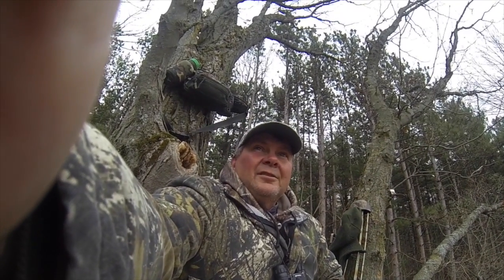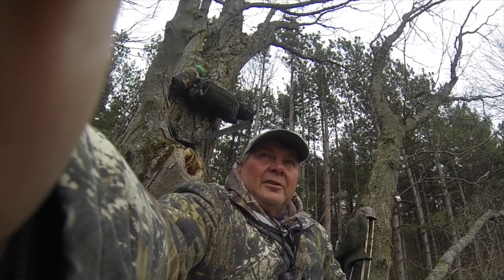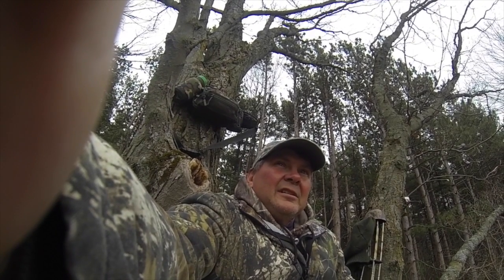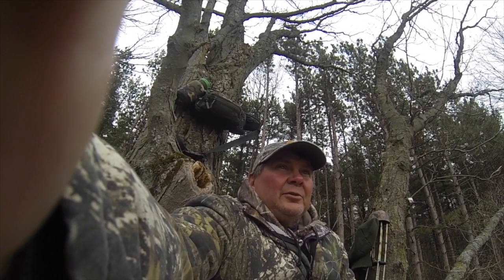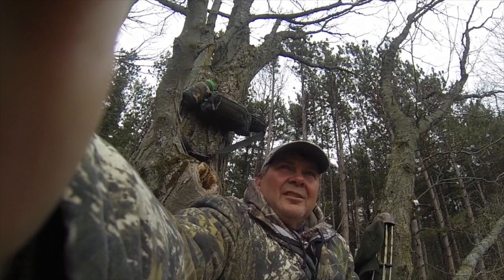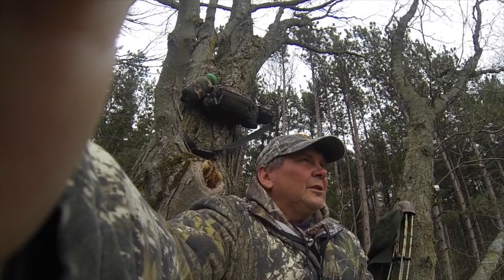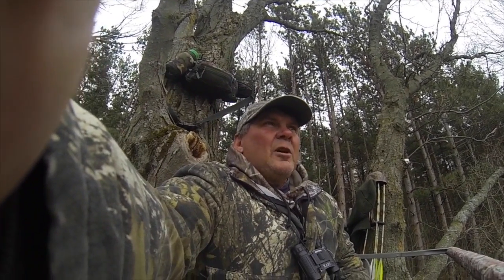As you just saw, it's November 16th. Just smoked a really beautiful, I think it's an 8-point. Shot him at 30 yards. Came out this morning around, I want to say, 8:45. Walked over, bedded down in some pine trees, let him sit there for 2 hours. He just sat there, a big gust of wind came up, and I was thinking, well, if he's going to move, that's what's going to move him, and sure enough, wind came up, he stood up, walked out into the field,